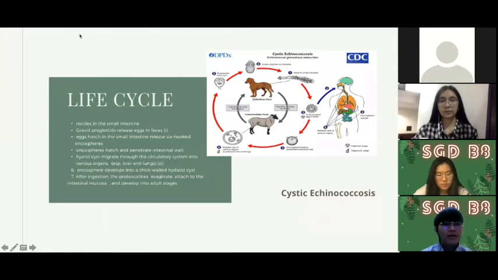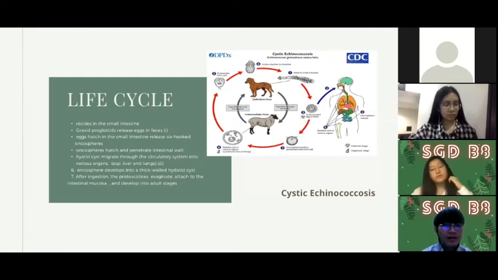Hello everyone, my name is Rizky. I will explain the life cycle of cystic echinococcosis. The first one is that the adult Echinococcus granulosus sensu lato resides in the small intestine of the definitive host, and the eggs are released by gravid proglottids and passed in the feces and are immediately infectious. After ingestion by a suitable intermediate host, eggs will hatch in the small intestine and release six-hooked oncospheres